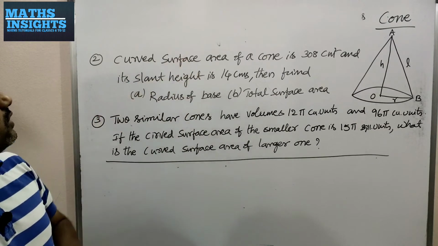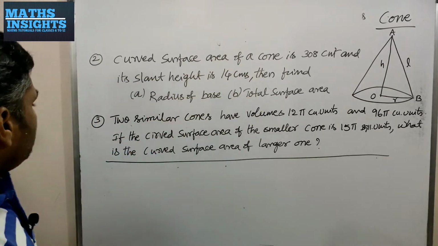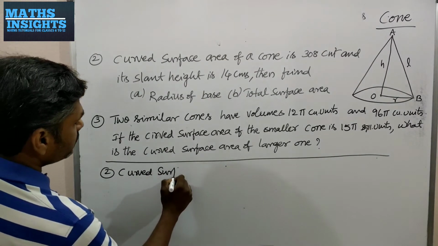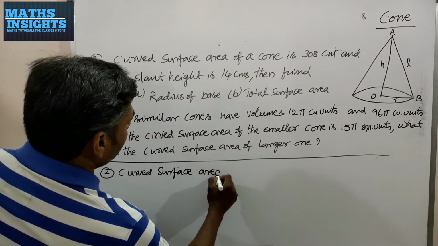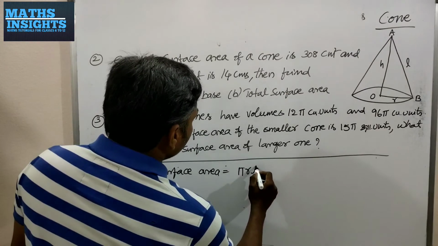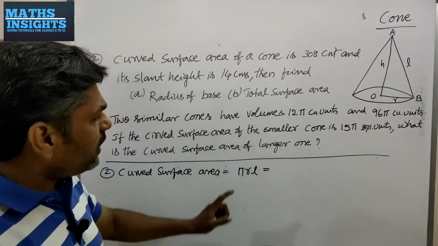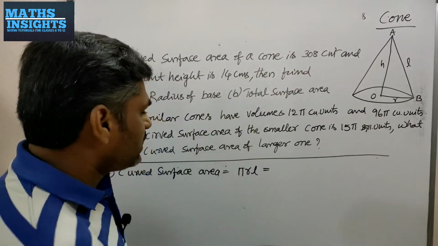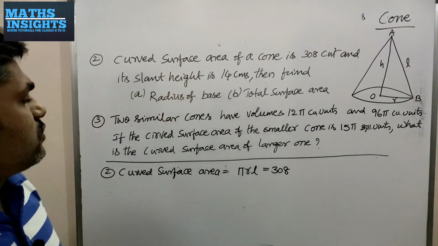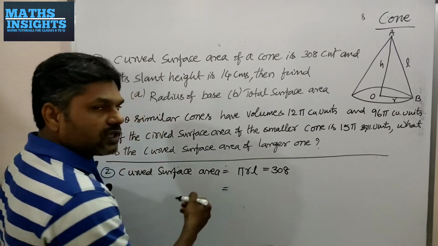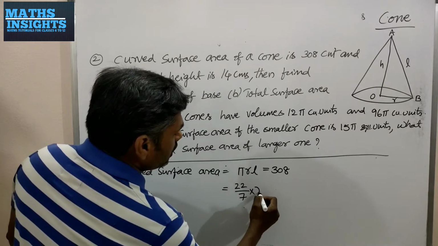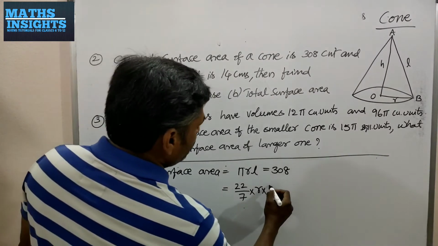First, they have given you curved surface area. So coming to the second problem, curved surface area formula is pi into r into L. This is the formula, but actually they have given its value as 308 and also they have given the slant height, that means L. I will substitute the value of L here along with the pi, that is 22 by 7 into R into 14,